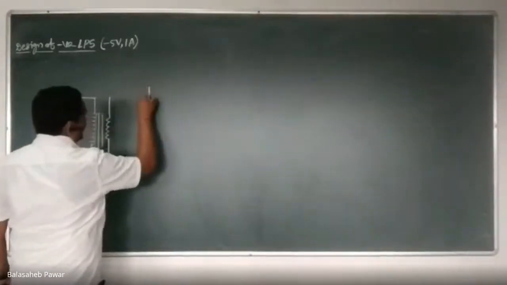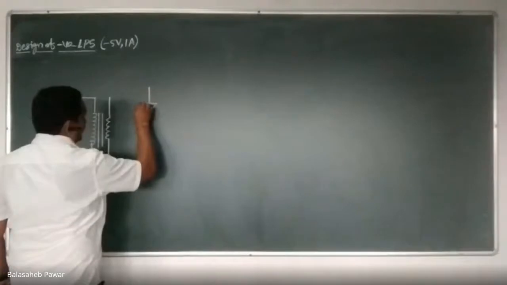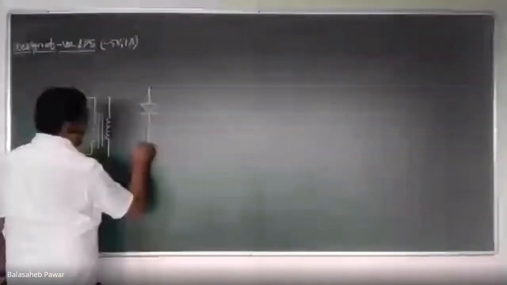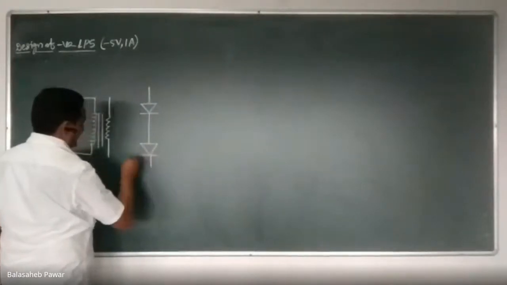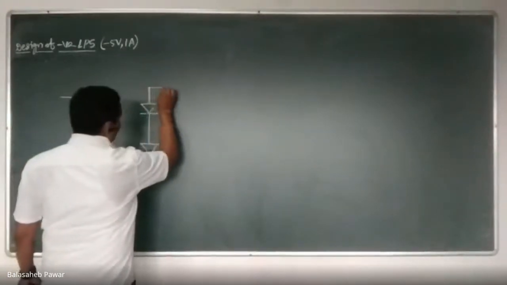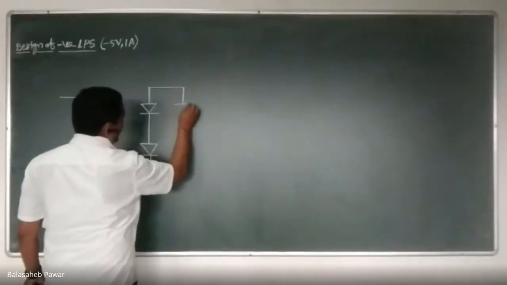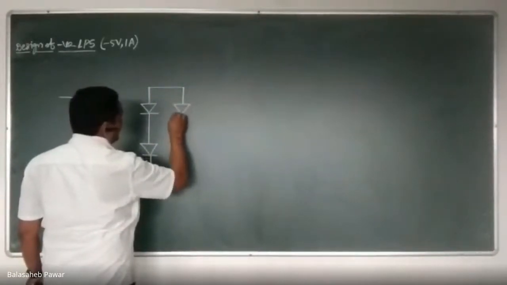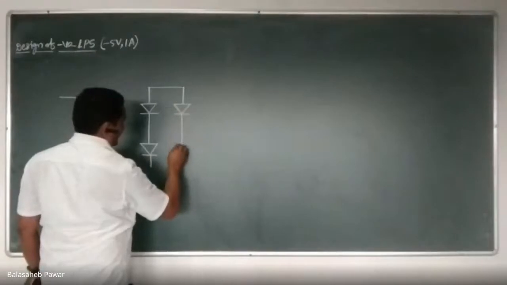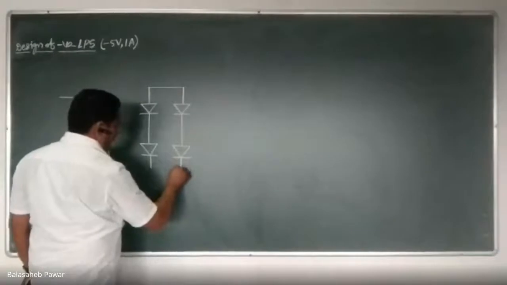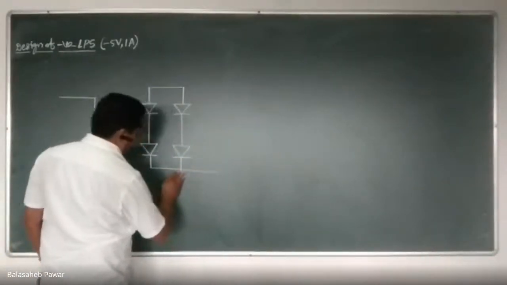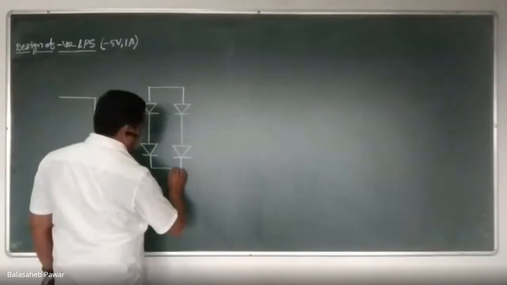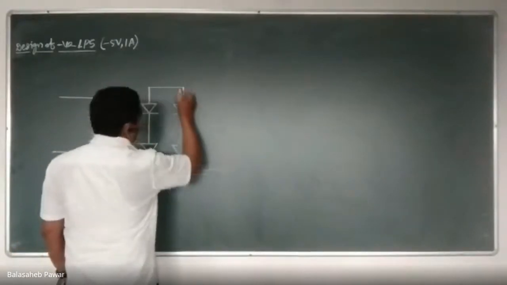I only want to reverse the direction of all those diodes so that it can produce the negative pulsating DC output, and then later I want to filter it by using a filter capacitor so that we can produce the pure DC voltage. See, what is the difference? I am not saying regulated DC. Pulsating DC gets converted into pure DC by using a filter. The harmonics or unwanted signals get removed by that filter capacitor.